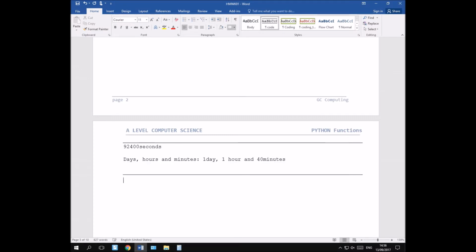So how do we go about calculating that? The first fact that we know is that 1 minute is equal to 60 seconds. So let's take our number of seconds and work out how many minutes it is. I'm going to calculate minutes by doing